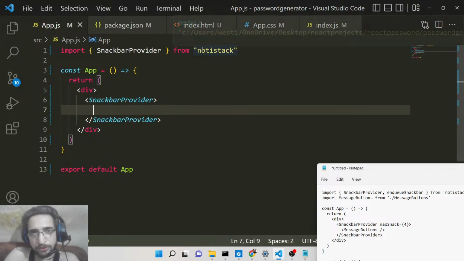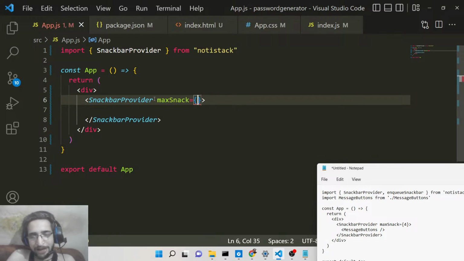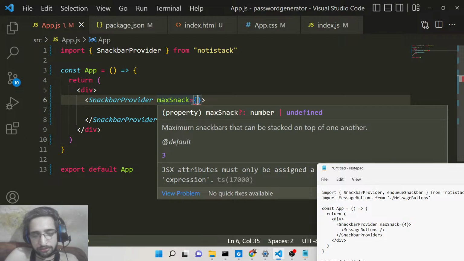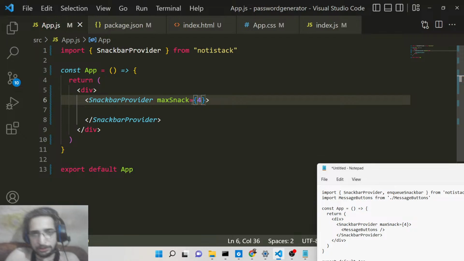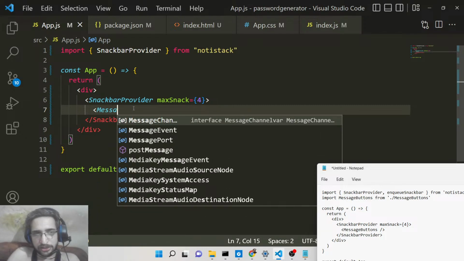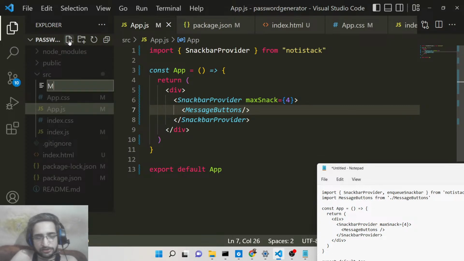It will be coming from Notistack, and this provider takes a value here, maxSnack. Snackbar is also called a toast notification. It is saying what is the maximum number of notifications to be displayed at one time. I will only be displaying 4 notifications at one time on the screen. And then we need to make a component, which will be MessageButtons. This will be a component right here inside the same file. So just create this MessageButtons